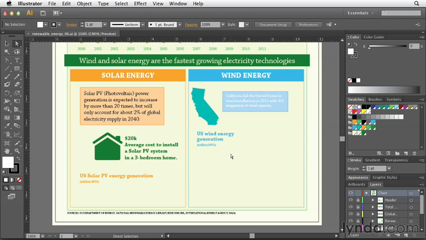Now the first thing I want to do is create the solar energy background. That's basically taking a solar panel and putting it into the background. I have a pretty good idea about what a solar panel looks like, but just to be sure, I actually went online, went to Google search, typed in solar panel and searched on images. It gave me some good reference material to know how it should look. Again, in this case I'm using it as a graphic in the background, so even a general idea is going to be good enough for me, but it's always helpful to do some research to know how something actually